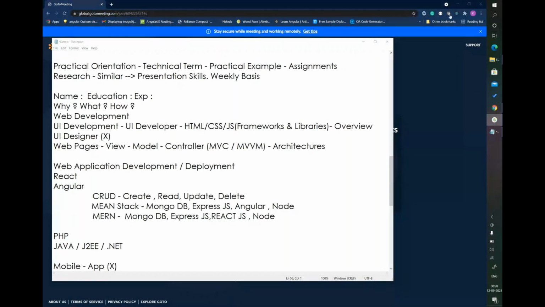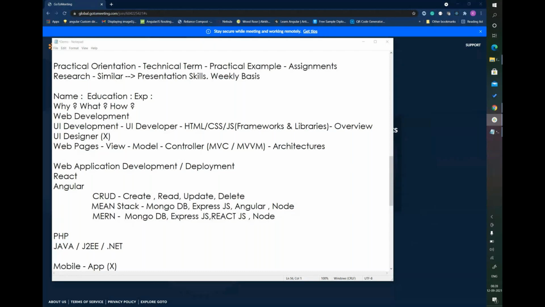My name is Sri Kumar. I passed out in 2019 in the stream of computer science. Again, HTML, CSS, JavaScript, as well as SQL Server and .NET also. Okay. So, how many years of experience do you have?